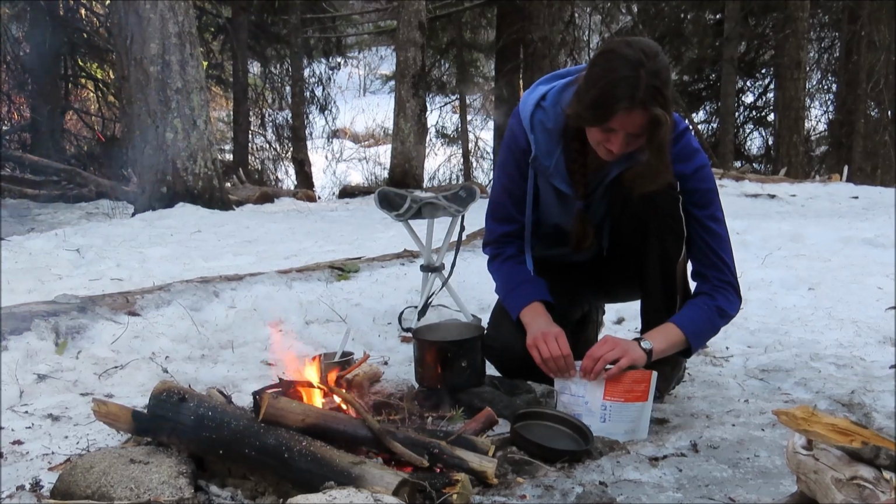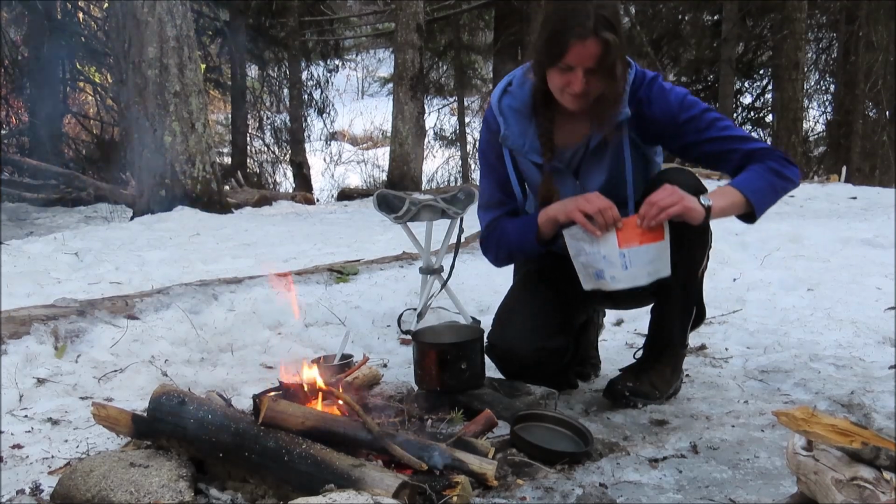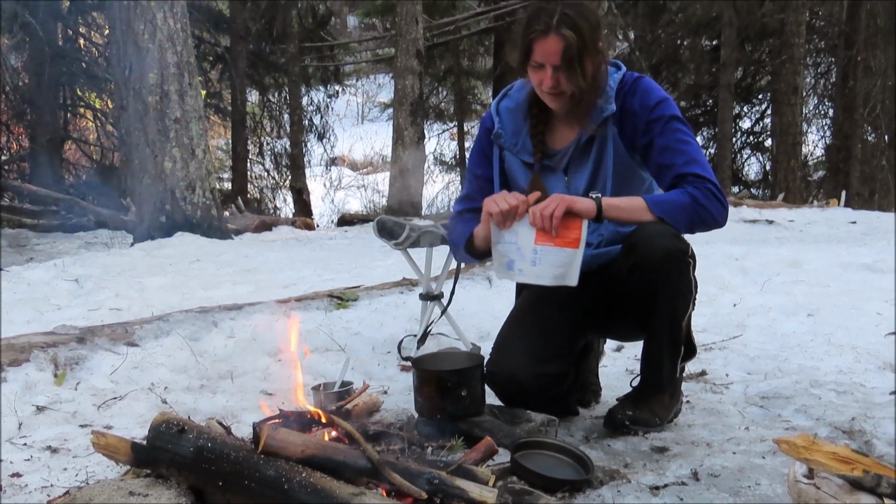So we're gonna have some Mountain House. We usually have some instant potatoes with that when we're doing an easy supper. So